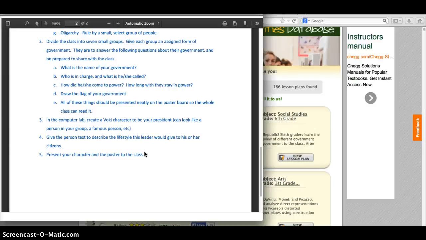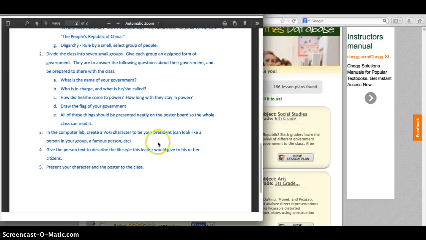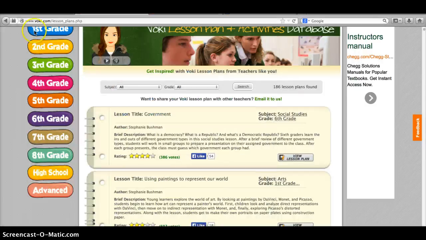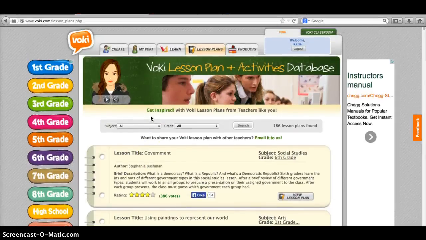The kids got to go to the computer lab and create a Voki character to be the president. Says something that the president does, can look like the president, or whatever they wanted. So that was one way, they had to do some research and it was engaging for them. So as far as that goes, those are the basic features that many would use Voki for.